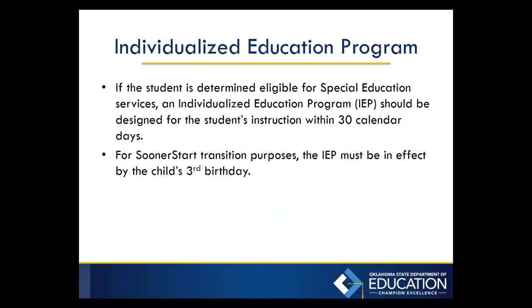Then you come to the IEP, and as we did say before, if a student is determined eligible, the team should reconvene and write an IEP within a 30-day period. So that gives you a little bit of play there to get to their third birthday, but you could also do it at the MEEGS meeting if you want to, but make the IEP effective on the date that is the child's third birthday.